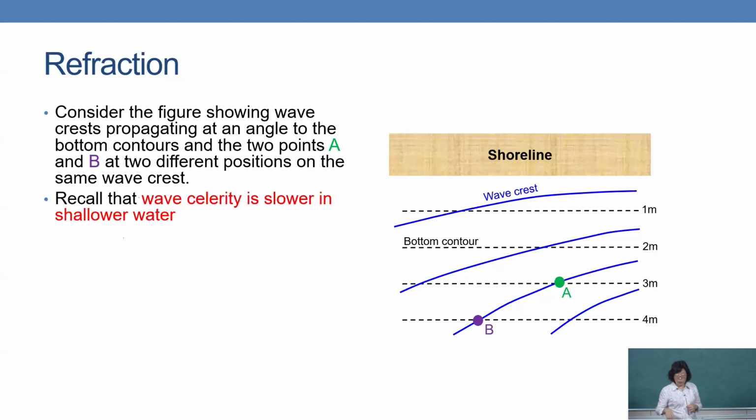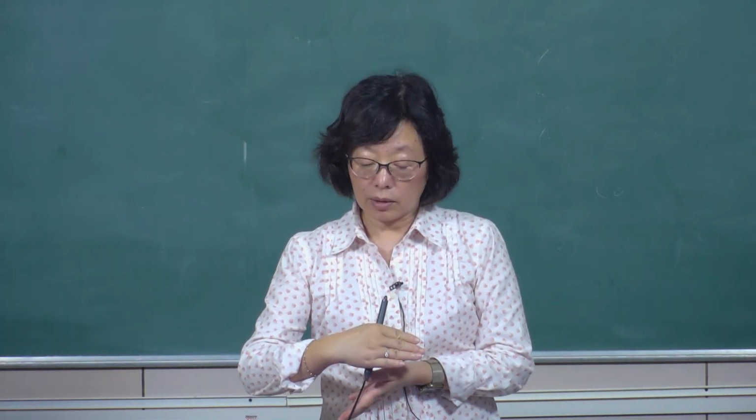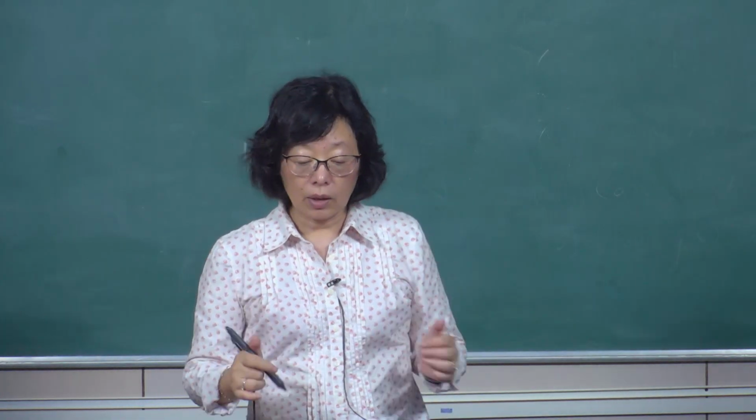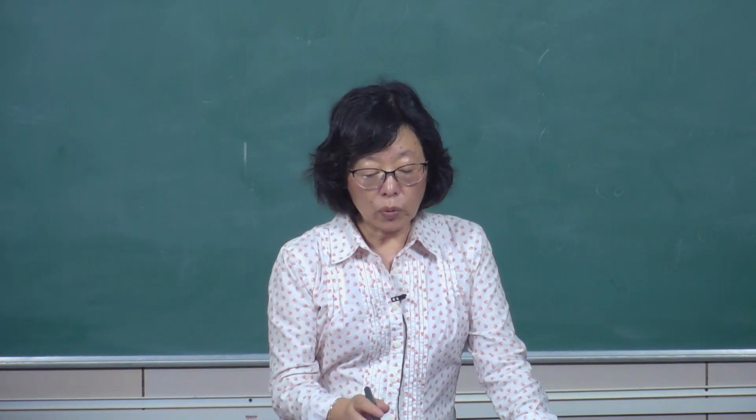And using this simpler diagram, you are also able to see, if considering the figure of this one, this is a shoreline, and normally we know the bottom contour is generally parallel to the shoreline. But if you have a certain wave coming, the wave direction, for example, over here, there's an angle between the wave and the bottom contour lines, then the wave direction will be changed. So if you look at the two points A and B,